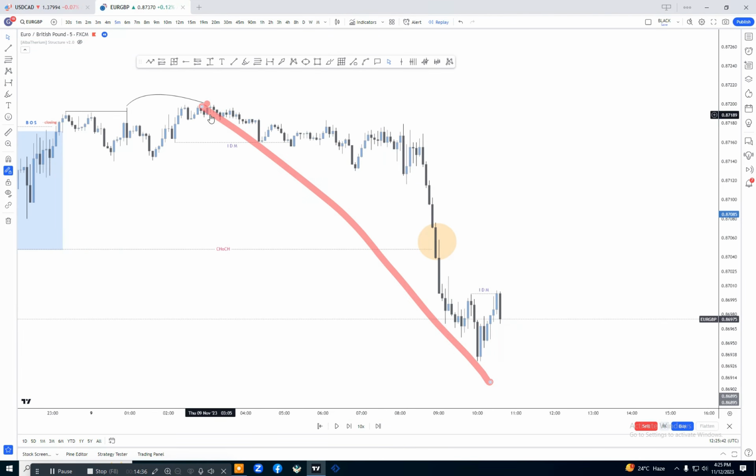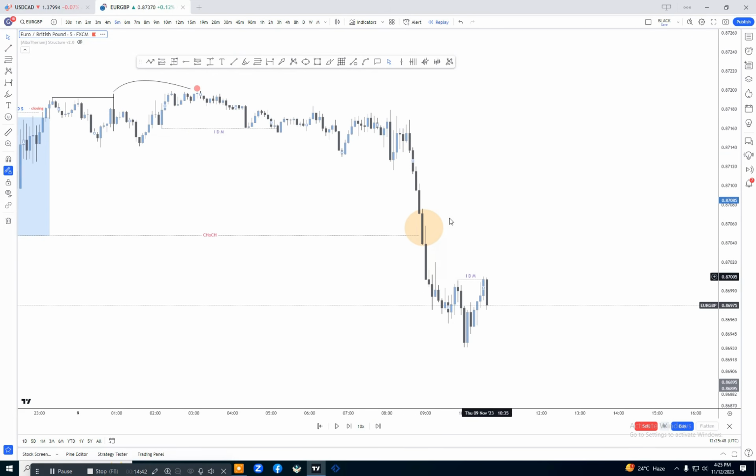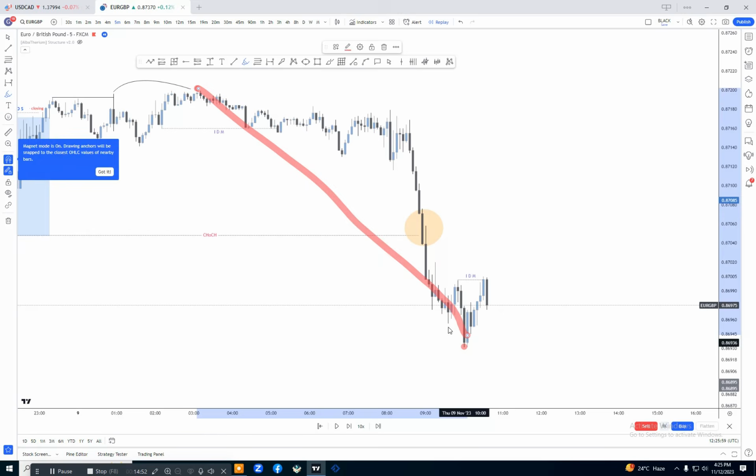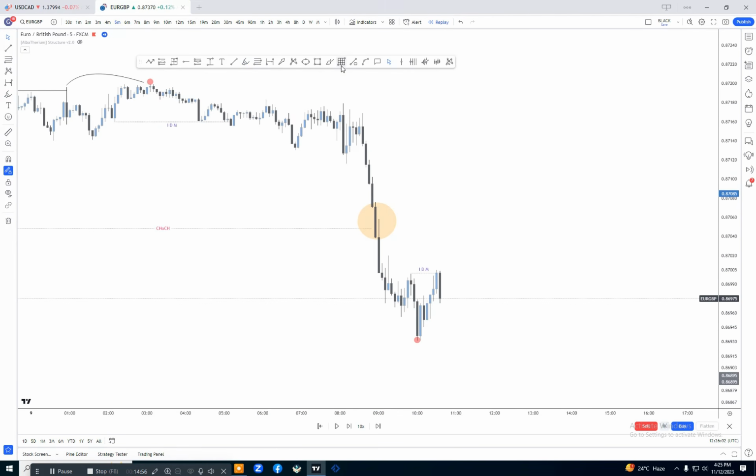You can see here was the highest point for this whole move, and after taking out this inducement, the market has successfully confirmed the previous lower low. Now this is our high and this is our lower low. So this whole move is like a single leg move. Now what will the market do? The market will continue to push to the downside and close below it.